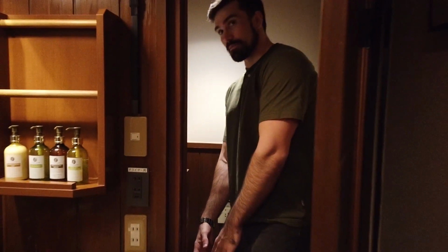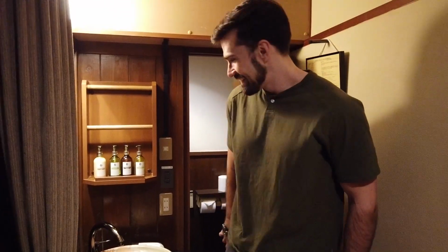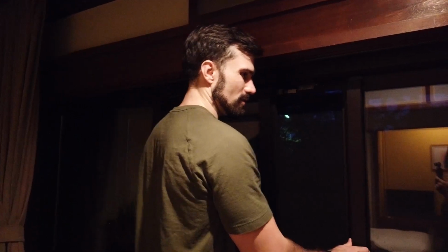And then, of course, here I am, getting out of the bathroom. Exciting. This is great, though. I love it. This is exactly what you want when you go to a ryokan in the mountains in Japan. You don't want to go to some boring Western-style hotel that's kitschy and cliche. You can go to that anywhere. When you get to do this,